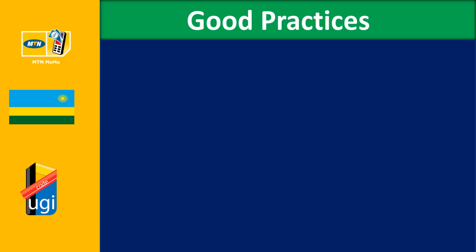So these are some of the good practices. One, you need to assume you're a service provider. So you need to assume you are that e-commerce platform that has been given to you. You don't assume the role of the developer as the same as the service provider. So most people are the developers and they develop their own products. So they feel whatever should be done is done by MTN.